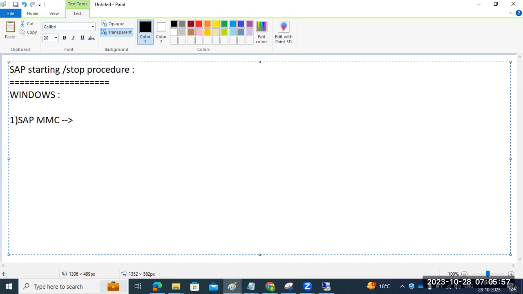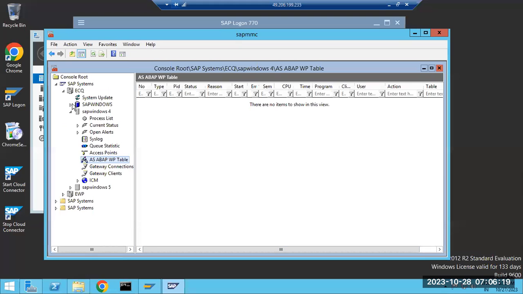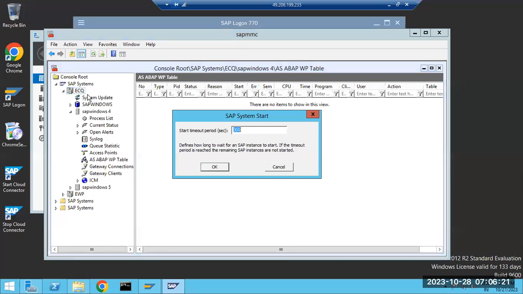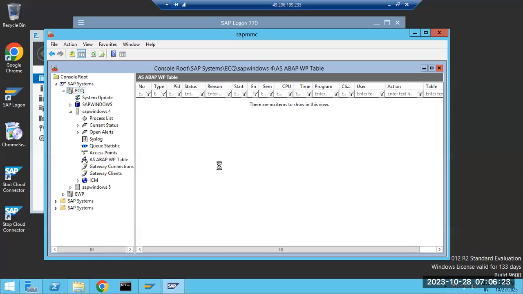In the SAP MMC, you have the SID, then right click on the SID, and you can start, stop or restart. Restart means it will stop and start again. If you want only to stop, you can stop it. If you want to start, you can start it. Just right click and use it, then that will start it here.